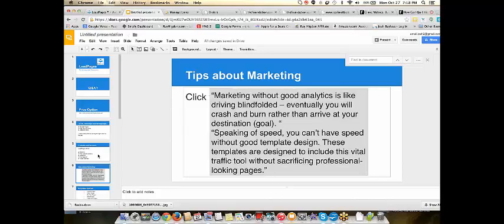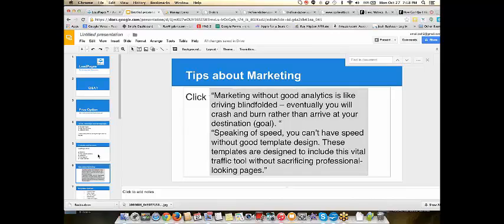These templates that lead pages designs are specifically for people with businesses that don't know exactly what they're doing, because they have